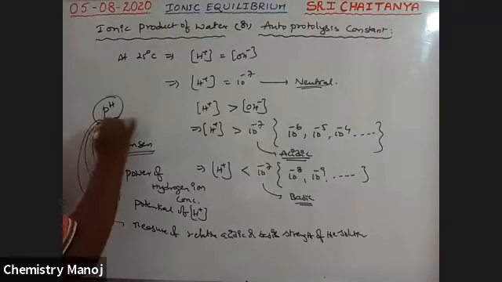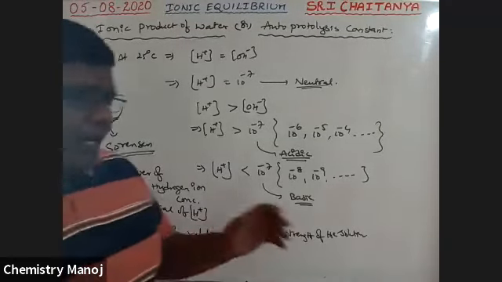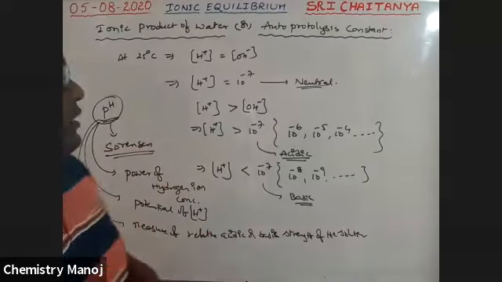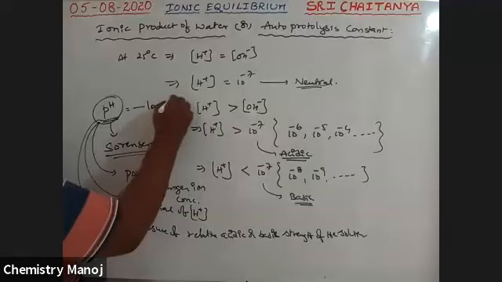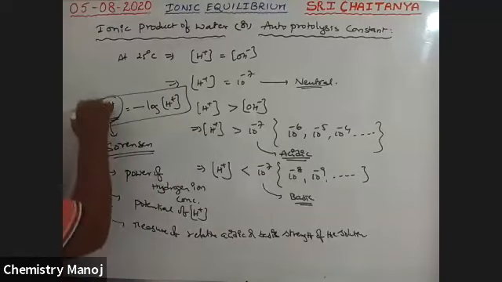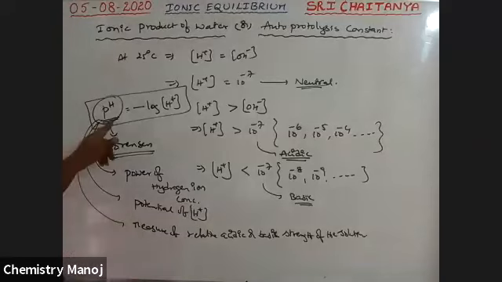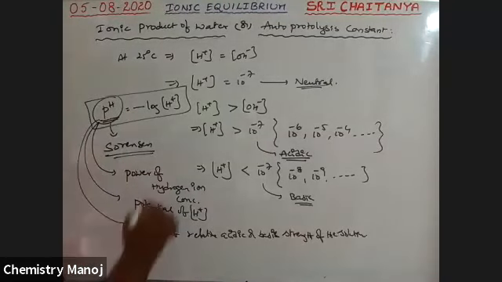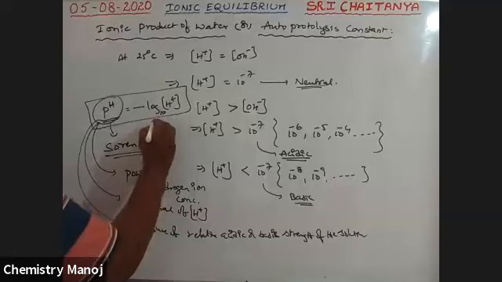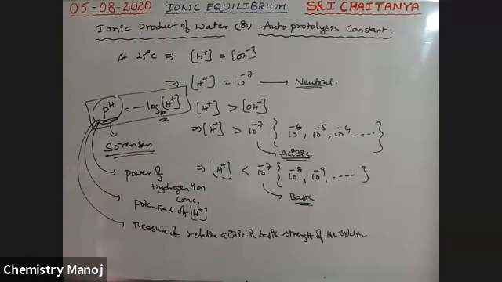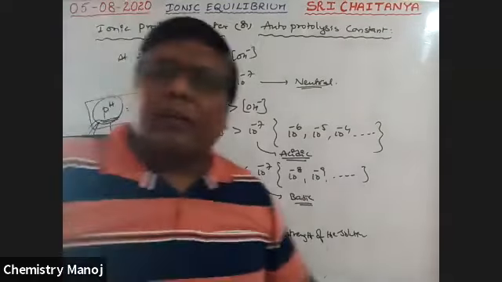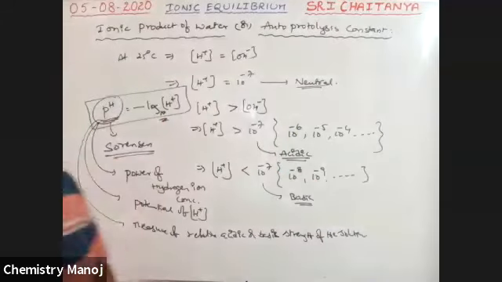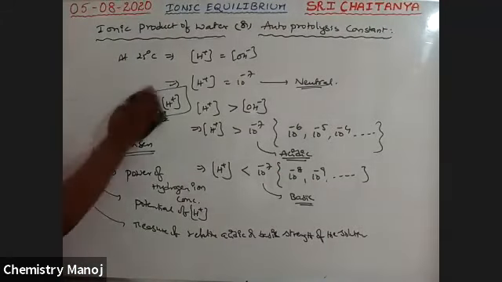It is pH. Sir, what is this pH? According to Sorensen, pH is equal to the negative logarithmic value of H plus ion concentration. It is the formula given by the scientist. So pH is equal to negative logarithm to the base 10, my dear boys, of H plus ion concentration. That is given by Sorensen. Now we are entering into the pH concept.